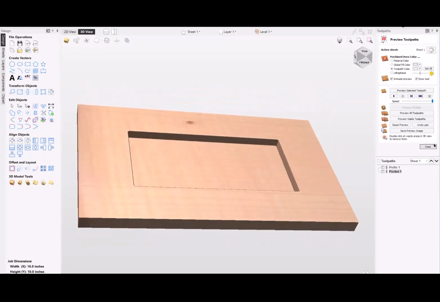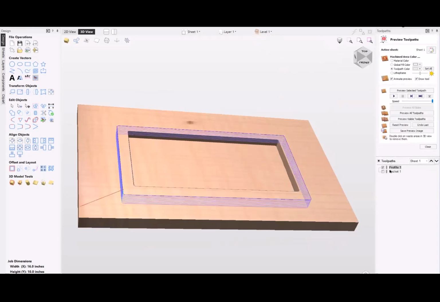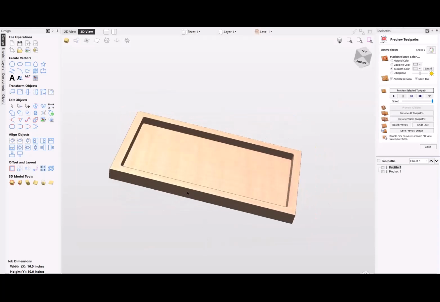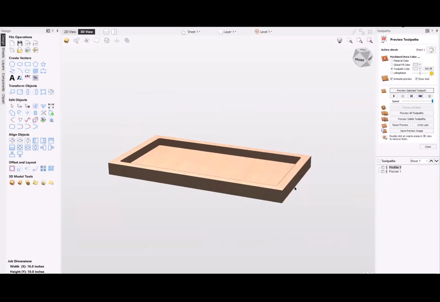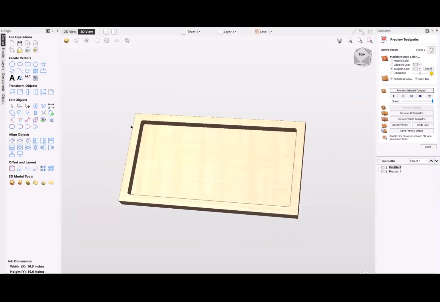Okay, there's our pocket, and then I'll go back and let's do the profile on the outside. There's our basic tray, and so you want to put a round over on the outside right there. Yep. Okay, for that, you do need the vector, and we have that vector, which is